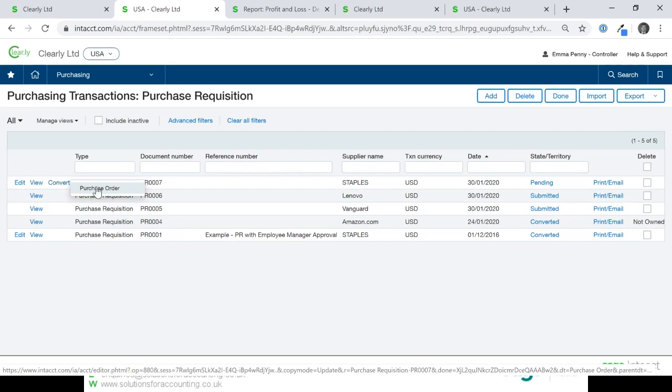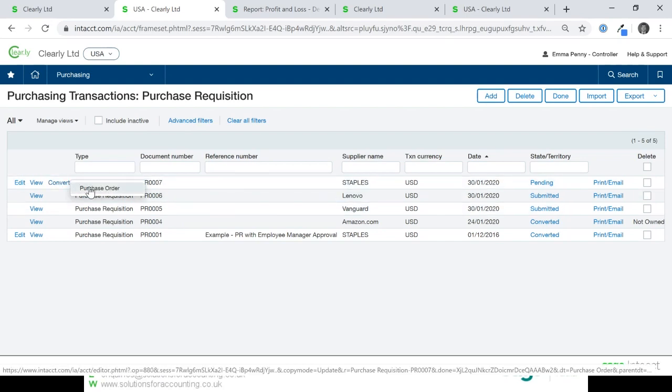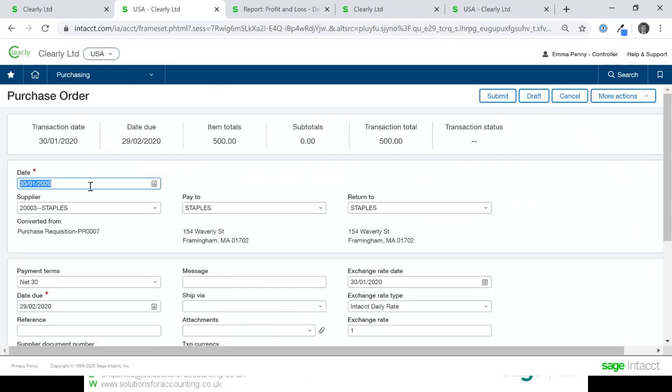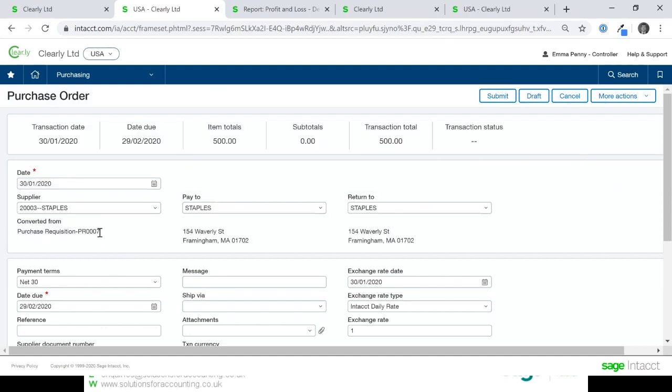Okay, so this requisition we are going to convert to a purchase order. And that process effectively copies and pastes the information from the requisition to the order. You've got that traceability here all the way through the purchase order system.